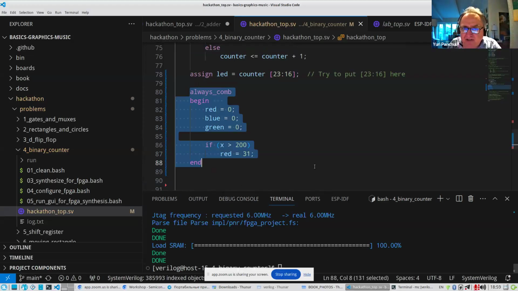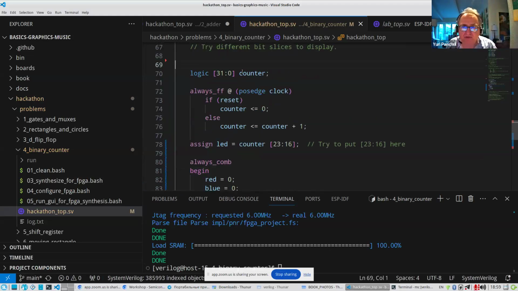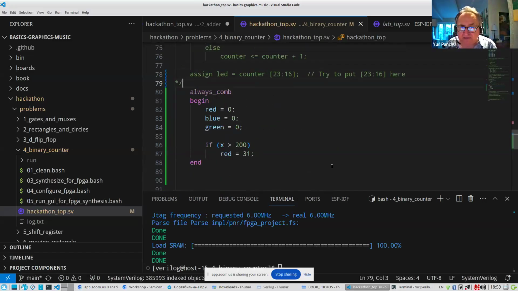So if you actually look at what this code does, suppose you just comment out the counter and synthesize only this code alone, right?